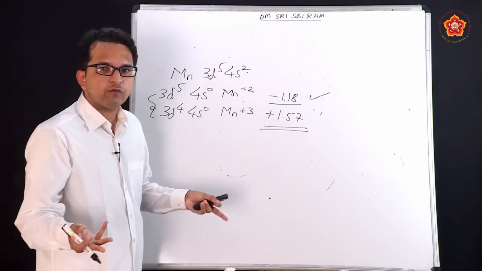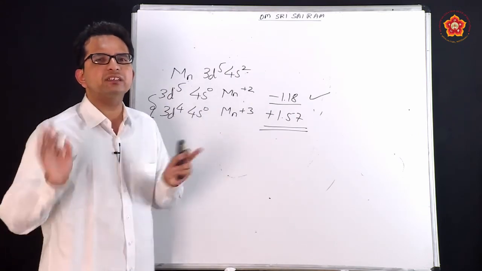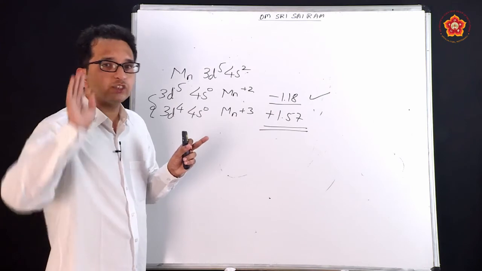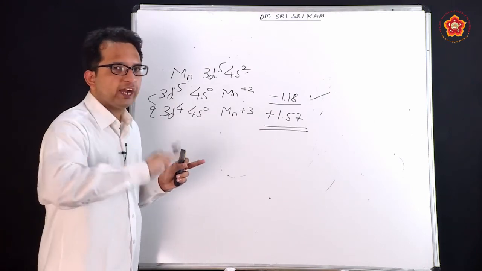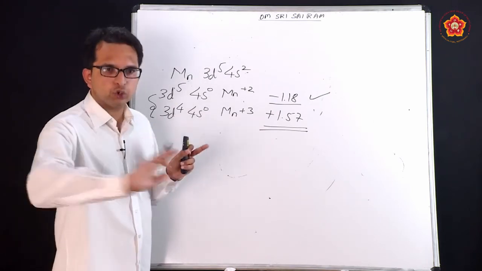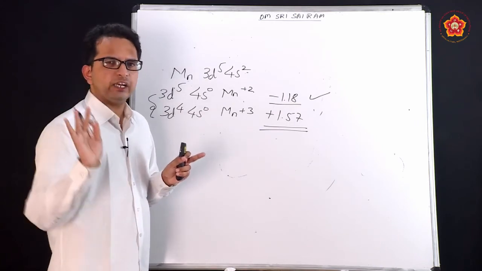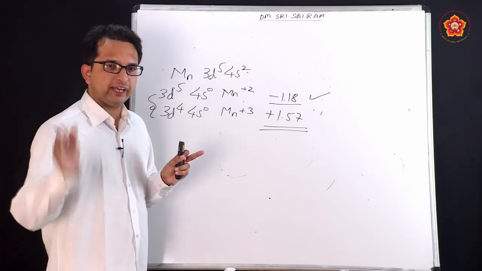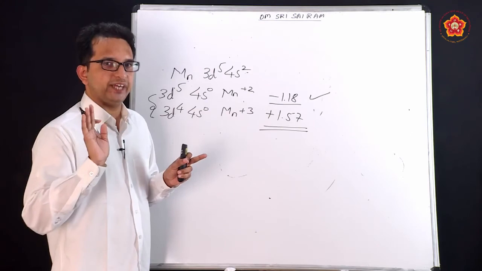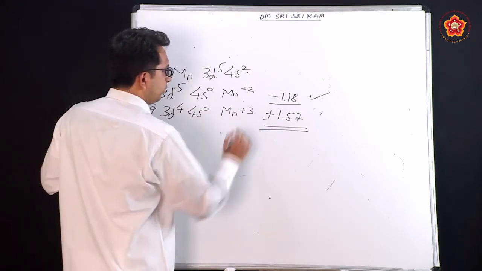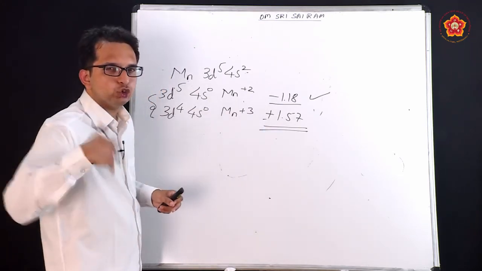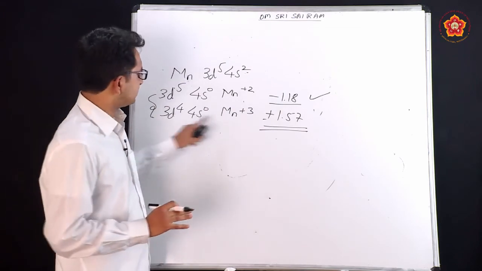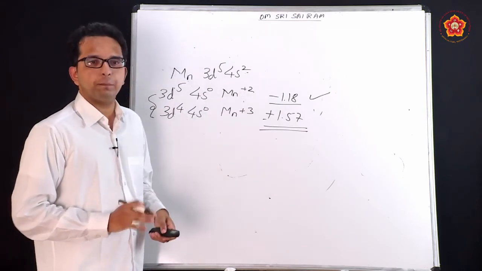What does a positive value for copper mean? It means it cannot replace the hydrogen which is there, whereas all other metals can replace. You react copper with hydrochloric acid, it will not show a reaction, but react any other element like zinc, scandium, titanium, anything, they will show the reaction. So similarly here, a positive value indicates that it does not prefer to go to the +3 state, it rather prefers to be in the +2 state.